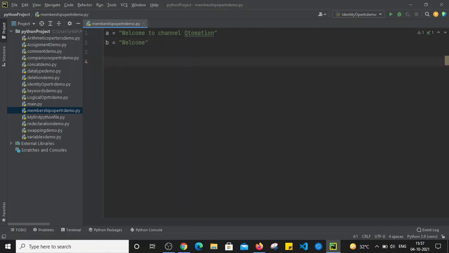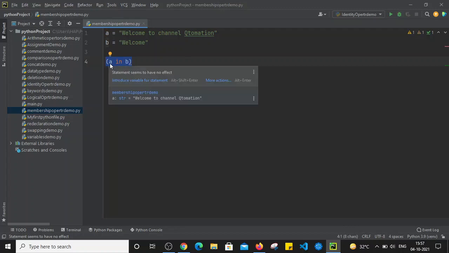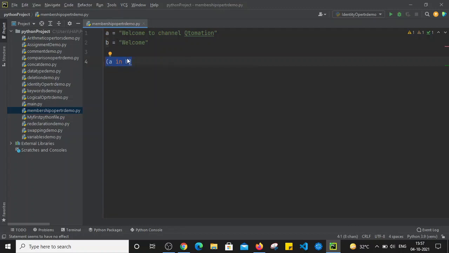Now I'm going to use one statement, let's say a in b. So what will this statement do? This statement will check whether the value of a is present in the value of b. Sorry, we have written it the opposite way. So I will just check whether b in a.